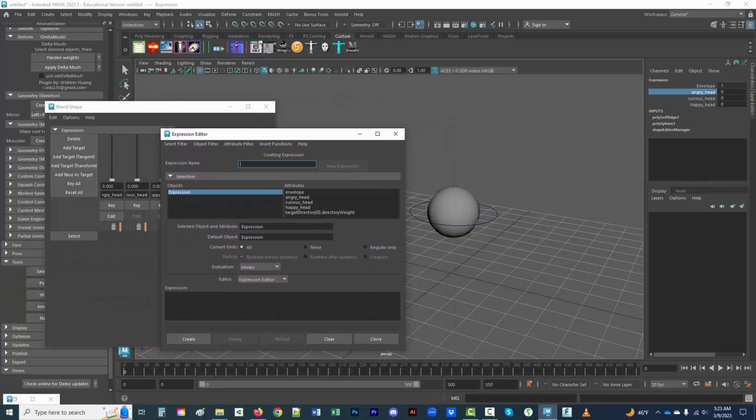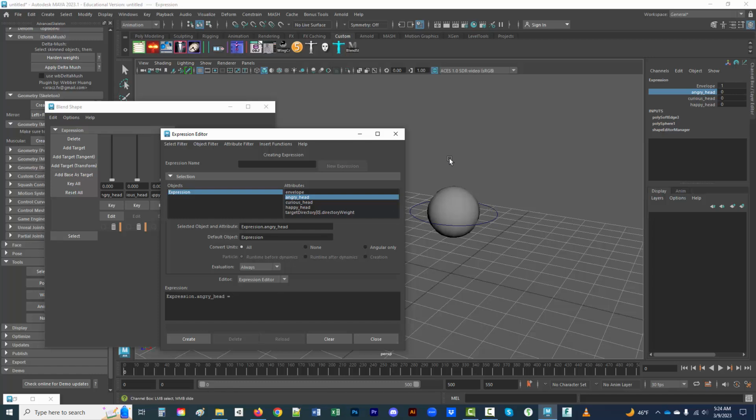And really what I can do is grab the different heads. As I select them, you can see the way Maya describes them. So if I were to grab angry head, I'll say that the value of this should be equal to this